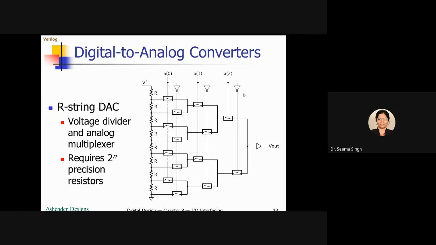And as many levels as you want, that many resistors may be connected. So from 0 to 7 resistors, the voltage drop across 7 resistors will be more, the voltage drop across 5 resistors will be less, and correspondingly that output voltage is the analog voltage which will be used for the further connections. So this is your R string DAC. I hope it is clear to you.